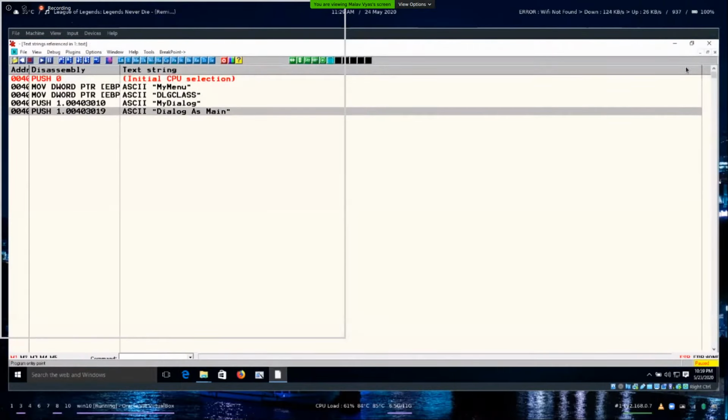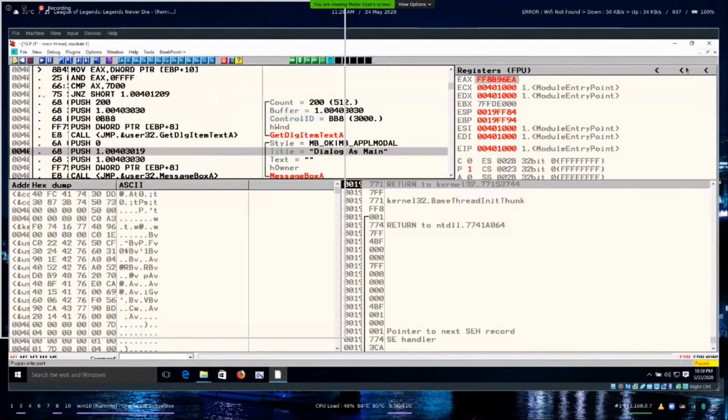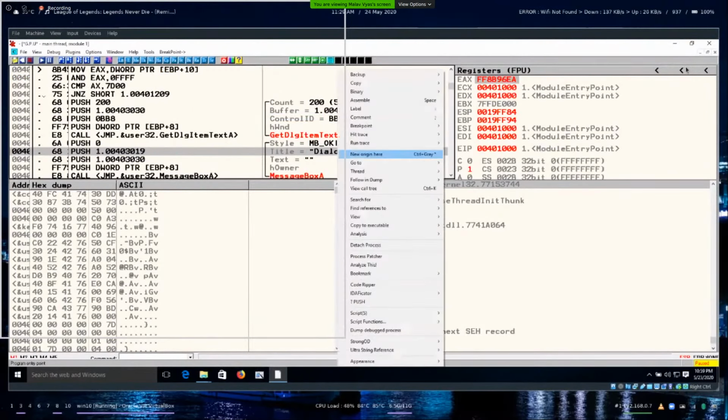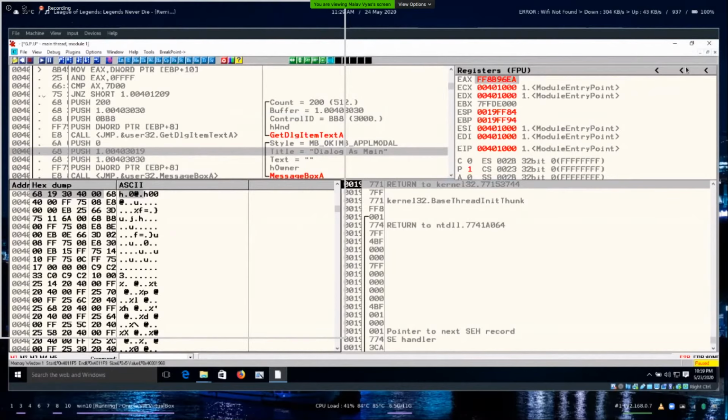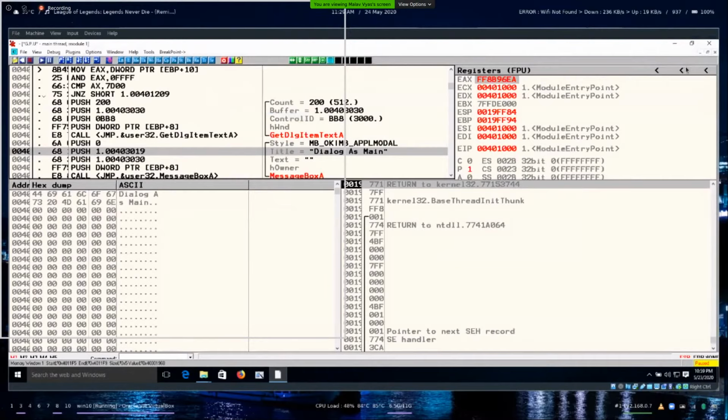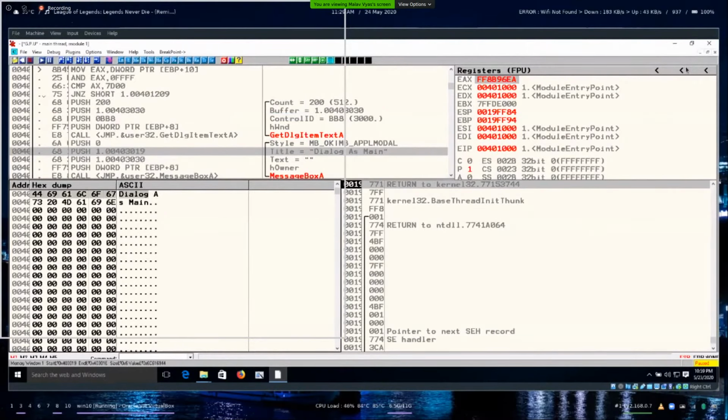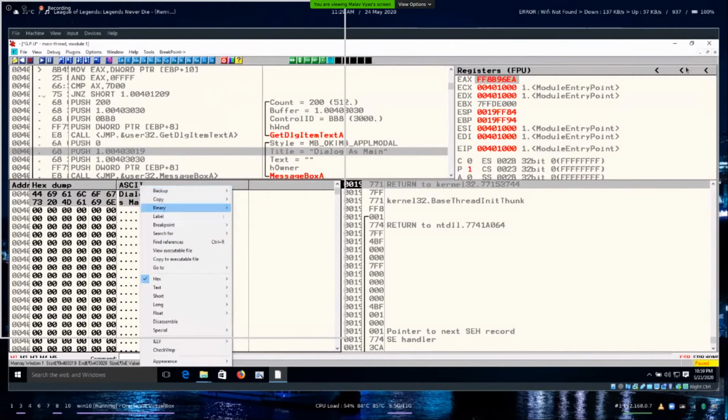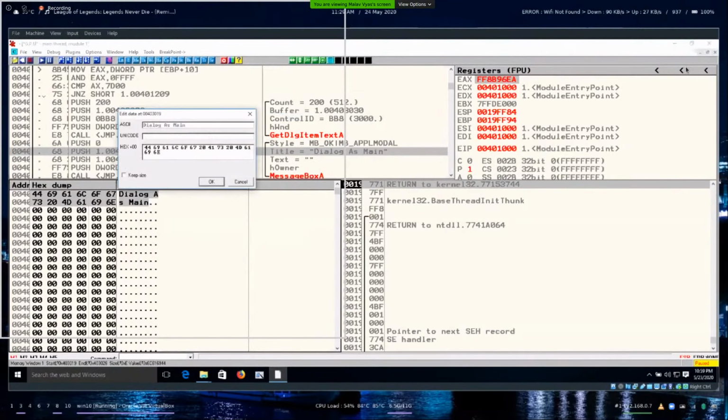So ASCII dialog as main, following this in the assembler. Following the selection, we select the string we want to replace by holding the mouse and using binary edit.